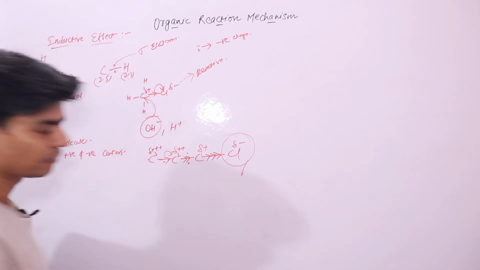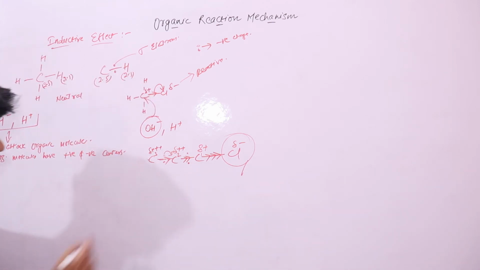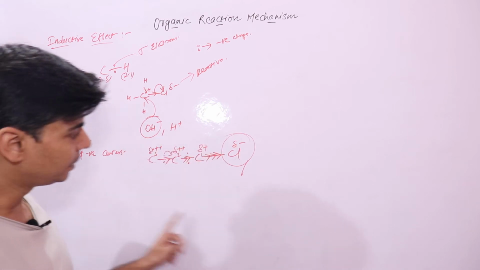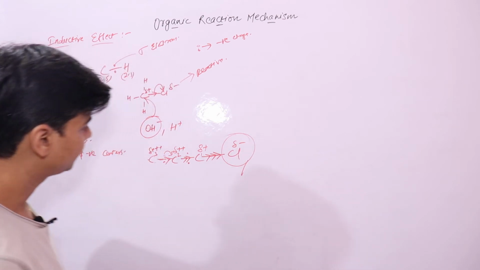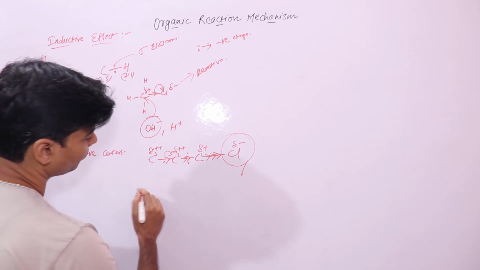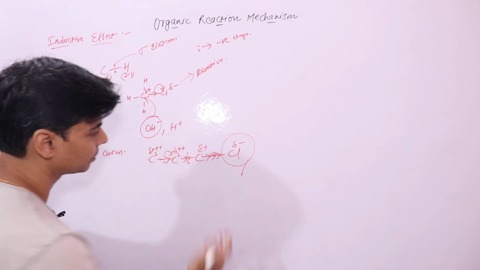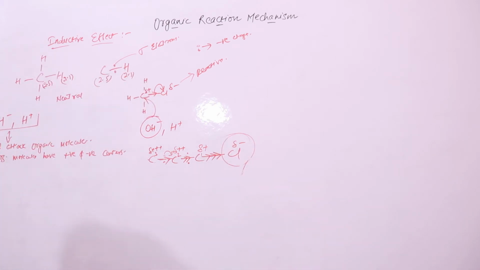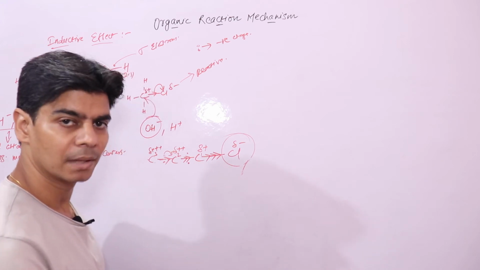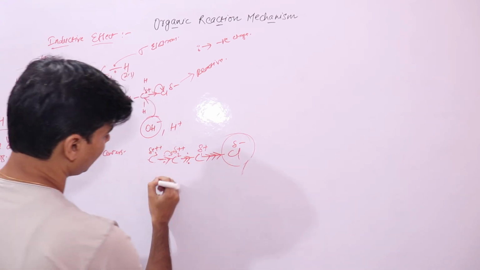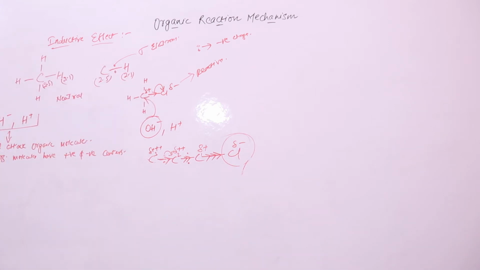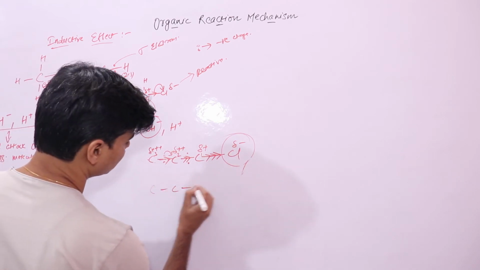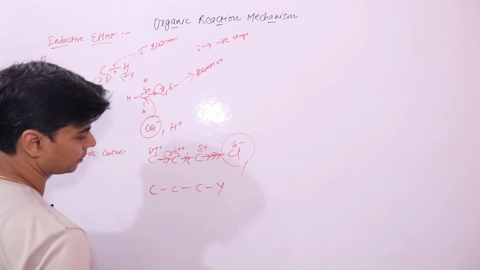So this is your inductive effect, right? Due to the inductive effect, we introduce polarities in organic molecules. Now let's introduce some other group. Instead of chlorine, let's introduce a group that is electron repelling, or one that can donate electrons. Let's say we introduce a methyl group, but let's take the general case first. Let's introduce a group Y in this carbon